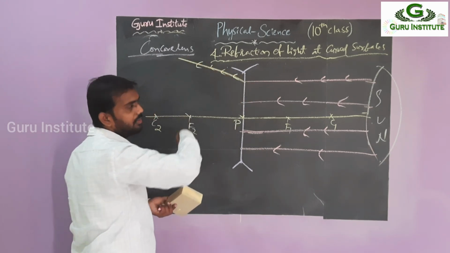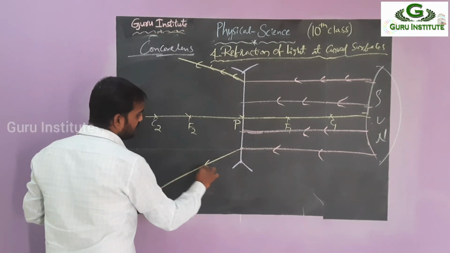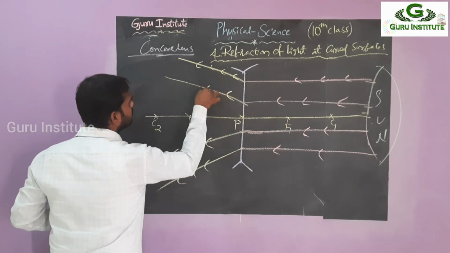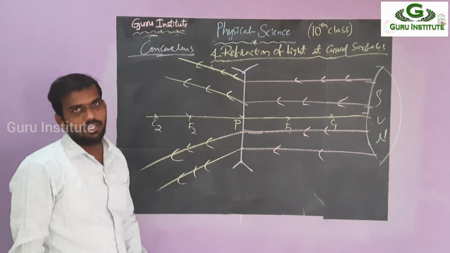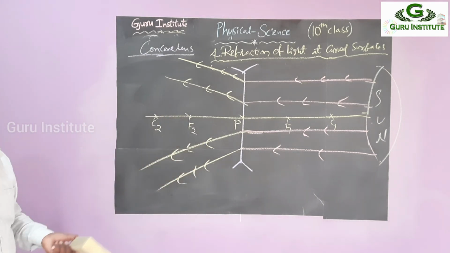The convex rays are going downwards. That is convergent. Here it is divergent, right? It is moving like this. So these are the refracted rays. Observe this picture, incident and refracted. They do not meet directly, right?